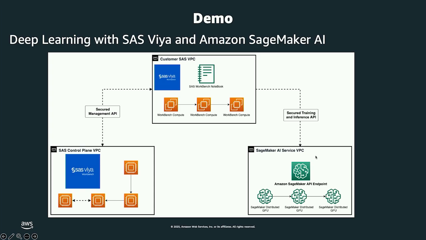So I'll pause a little bit there and then talk about when would you use SageMaker in addition to Workbench. Workbench can train a model and can run inference on its own. It can scale up and down as well. So in a lot of cases, there is a lot of overlap there. So where you really need SageMaker is for a couple of reasons.